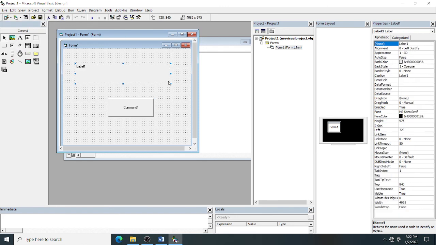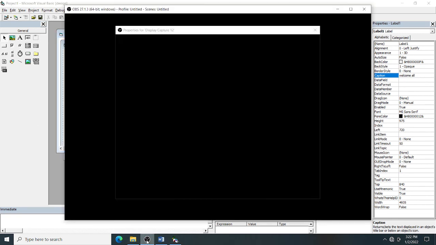You can see the label is Label1, and the caption is Label1. So here I have typed, suppose, welcome all. I will do the program video in the next video.